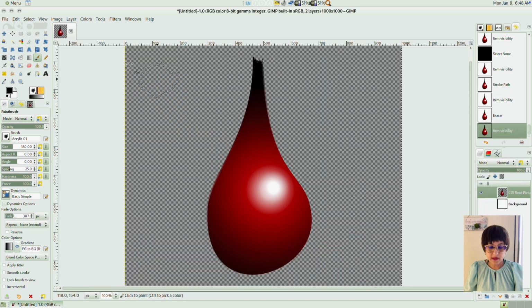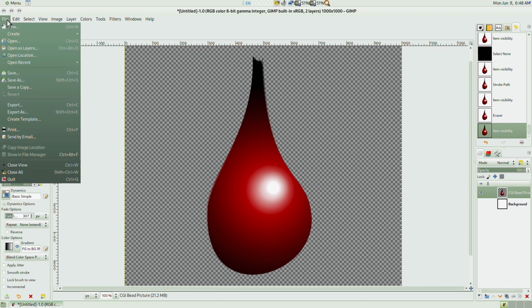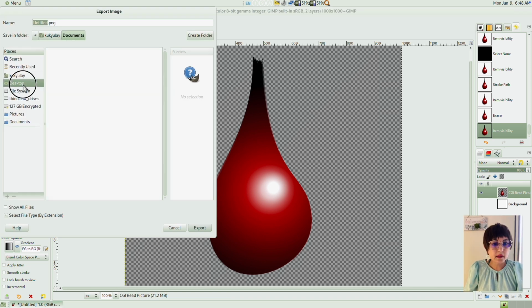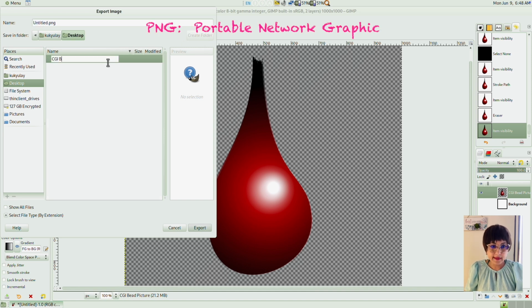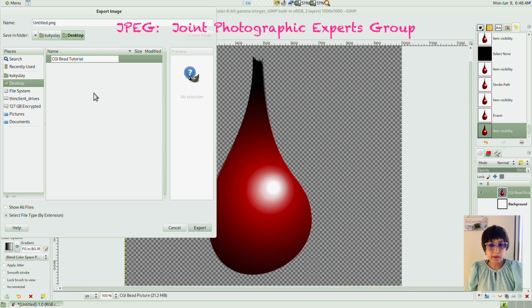See, I just switched off the background. Export to desktop. The file format I'm using is PNG, Portable Network Graphics, because PNG supports transparency. If I were to export in JPEG, it would just turn the background into opaque white.